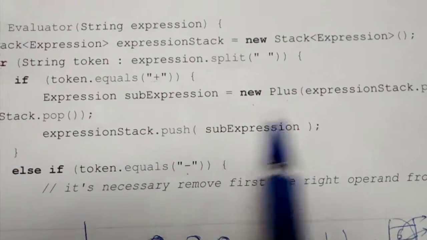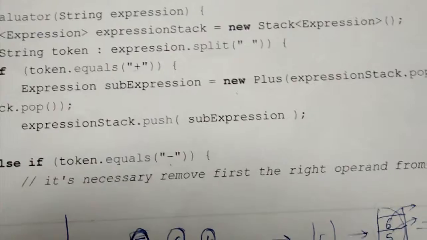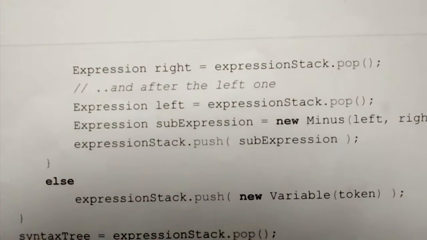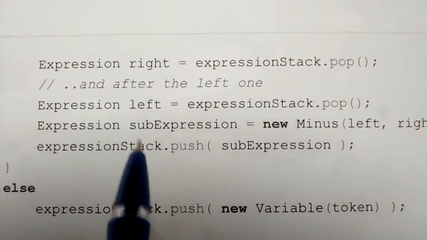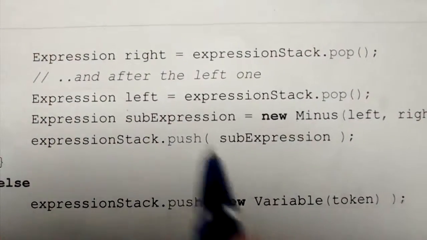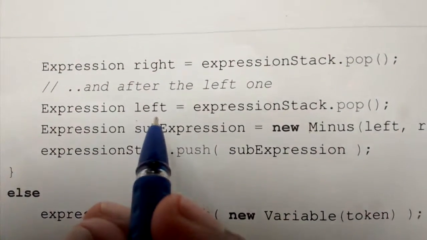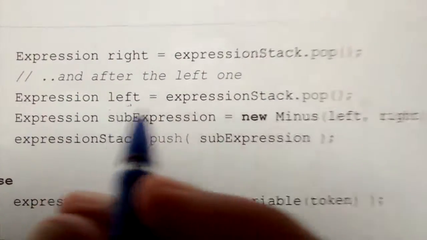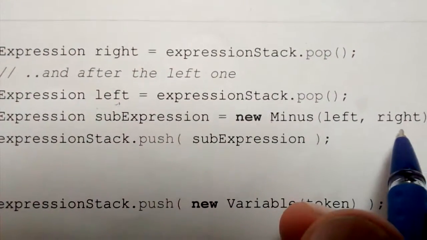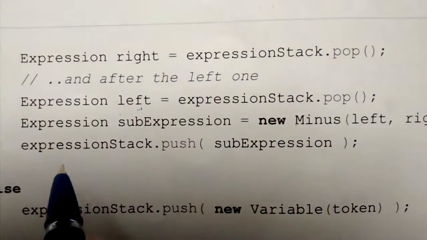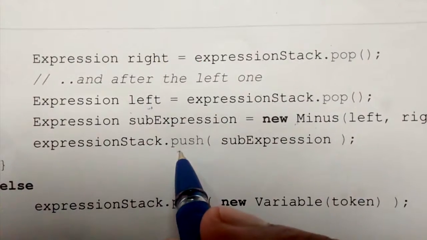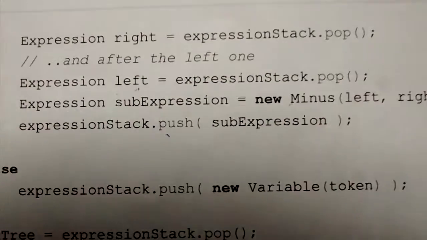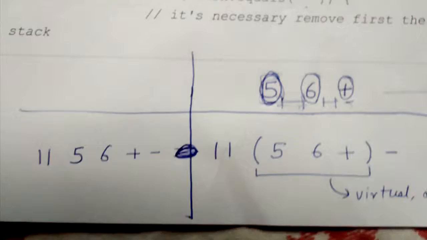Similarly, if we see minus, it will be something like this. I'll show you. We pop the right element first because it will be pushed later, and then we pop the left one, and then we create a new minus left right, and whatever object we get, we again push it into the stack. So why are we pushing it into the stack again, let us observe. Understanding this concept,